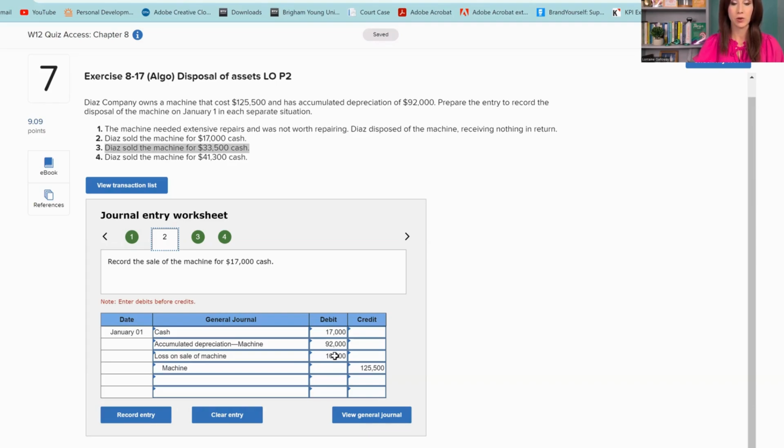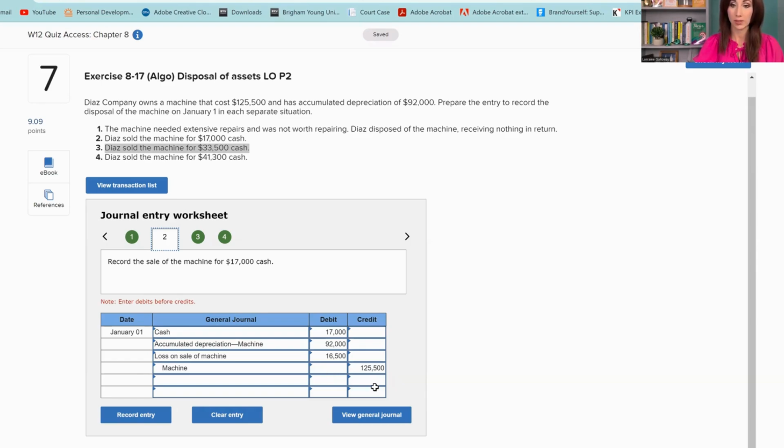We're going to do the value of the machine. I'm going to add $17,000 to $92,000. I'm going to subtract that from the $125,500, and I get $16,500 as a loss